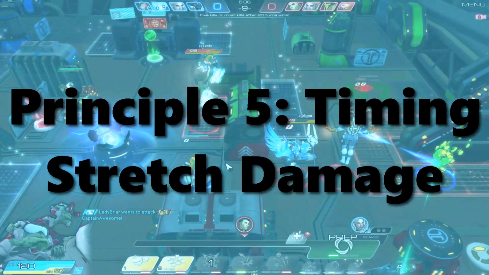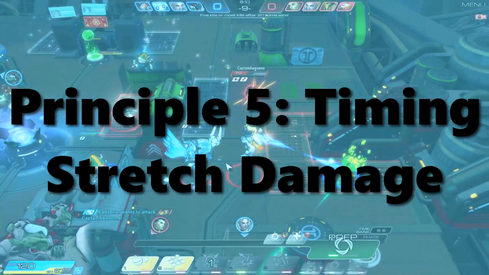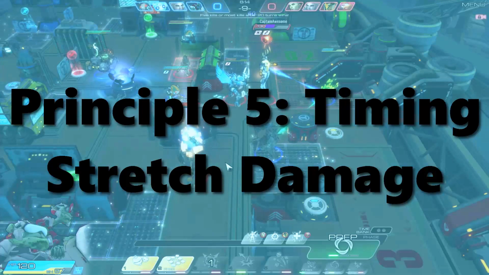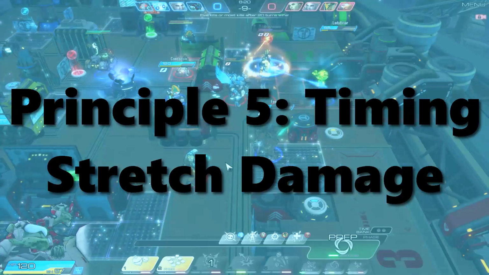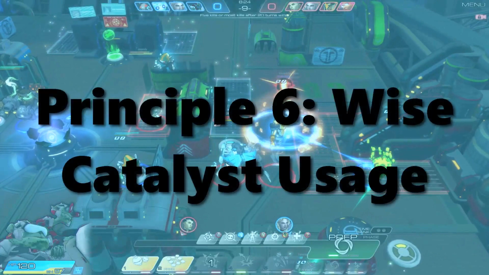The buff requires a full turn to set up. Good Firepower Freelancers need to be able to plan ahead and use the buff the turn before, setting up a good shot on multiple enemies. Knowing when and how to stretch damage and maximize its effect is an essential skill for optimal firing and damage. Principle 6 is